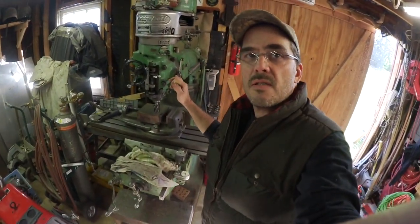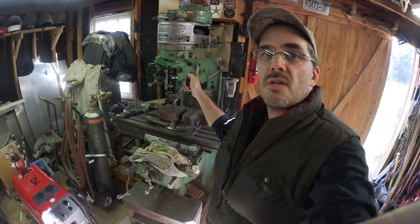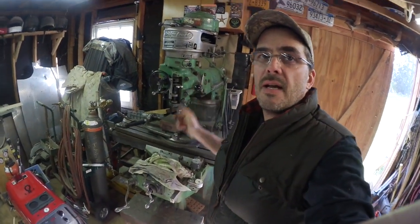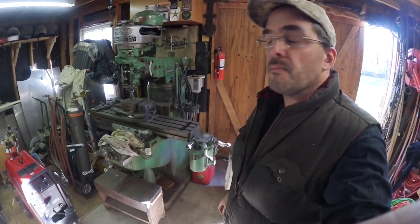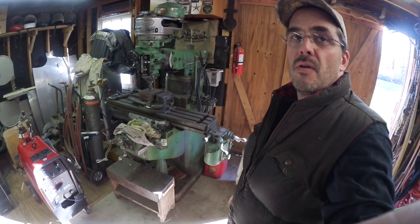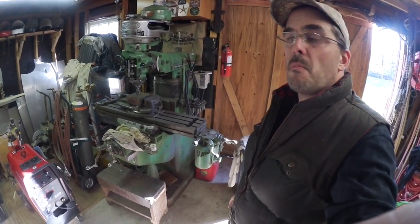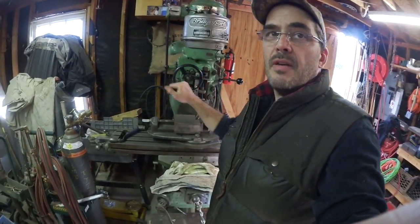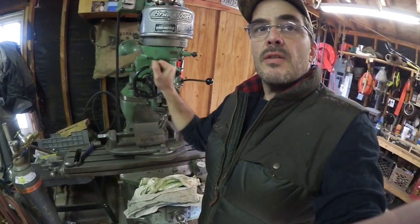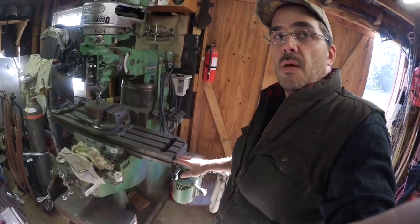Bridgeport, according to the serial numbers from the 60s. I picked this up in New Jersey, in Jersey City. A friend of a friend had to get out of his shop, and he didn't want to take it with him, and he basically gave it away. It did cost a lot of money to move it up here to upstate New York from Jersey City. That's about a 140-mile ride, including the heavy carry and the heavy transport. So it cost me about $2,000 to get it up here,